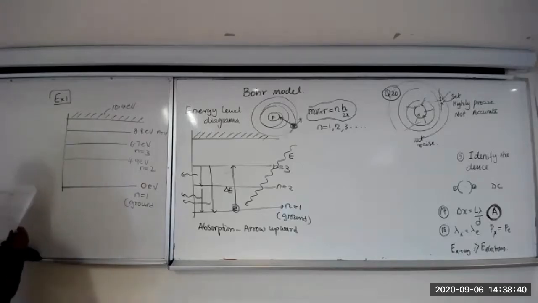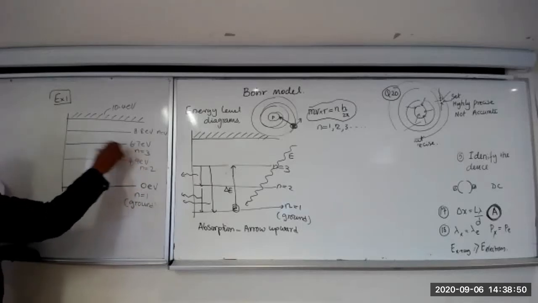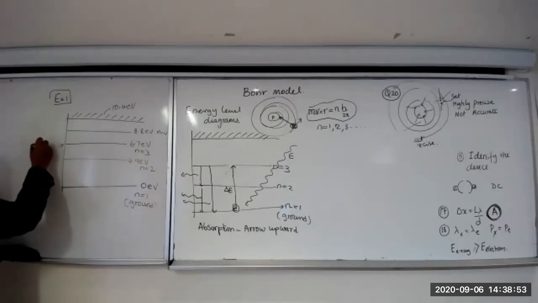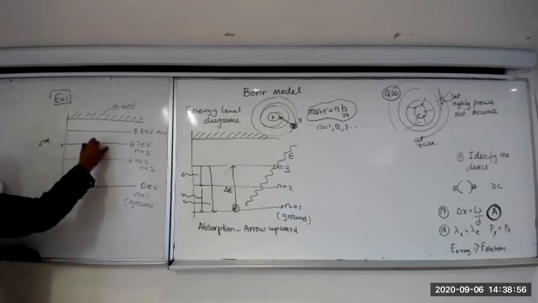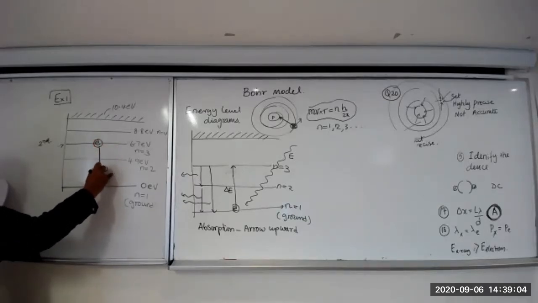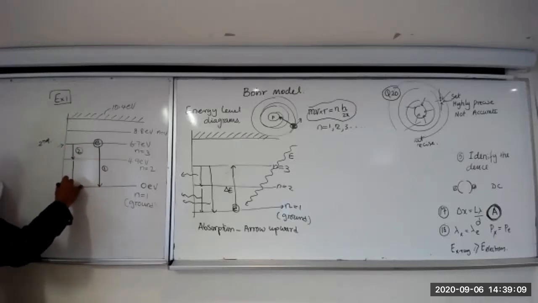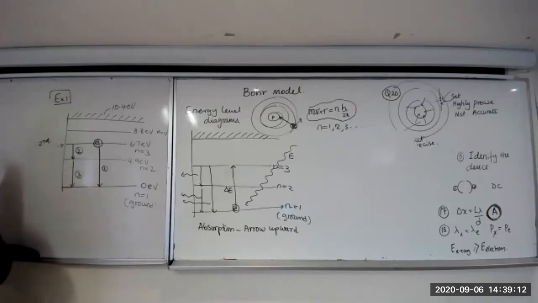The first question: which one or more of the following photon energies can be emitted by the mercury atom in the second excited state? That's the first excited state, that's the second excited state. If the mercury atom is there, when it's emitting, it can emit 3 lines. That's one, that's the second one, that's the third one. Three possible emission lines are